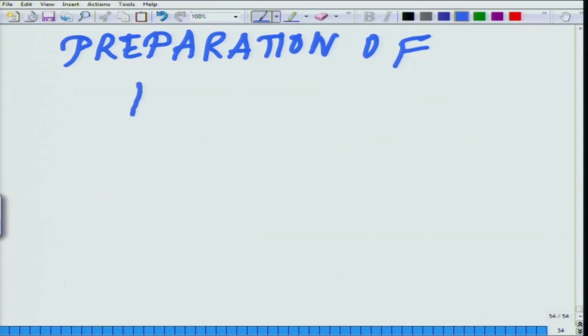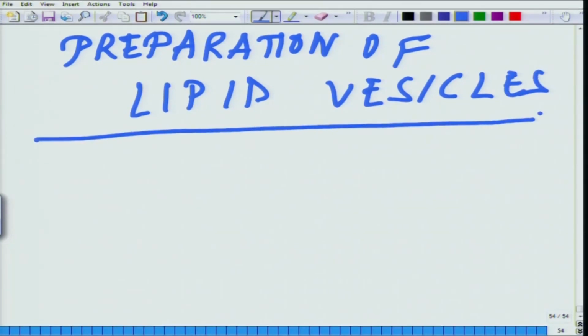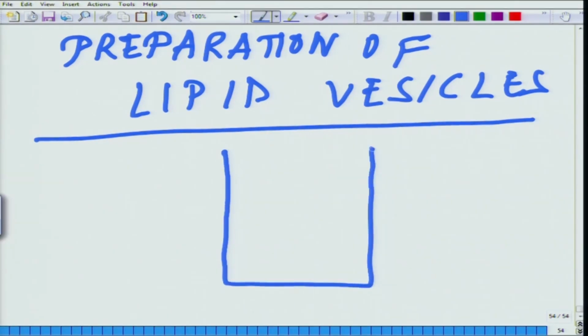Preparation of lipid vesicles. What is generally done in the labs is that you take a beaker like this. In the beaker you make a layer of phospholipid. Just put the phospholipid, you can see it in green. These are the phospholipids,